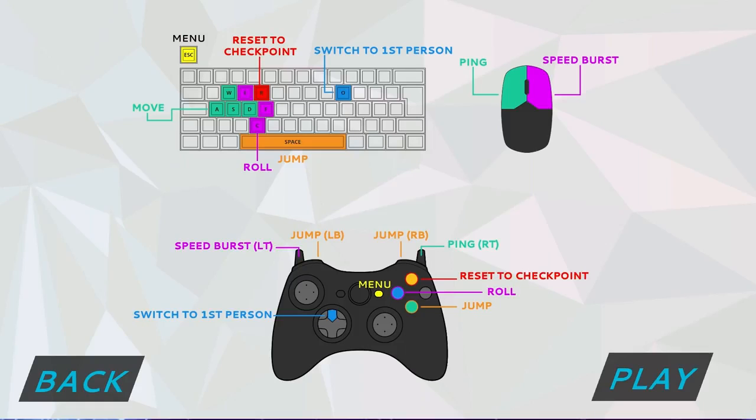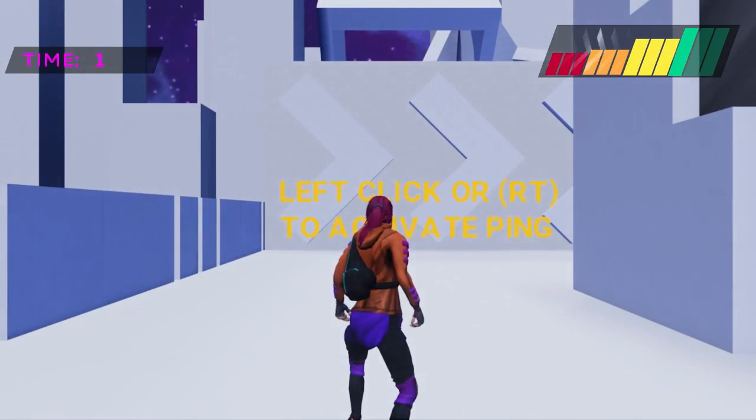Okay, so it's W, S, and D to move. C to roll, F to roll, and E to roll, I guess. Speed burst, ping on the mouse. I can play with the controller as well. I'll play it with the keyboard for now. And then we can switch in and out of first person. Cool, alright, well, I have no idea what I'm doing, so...